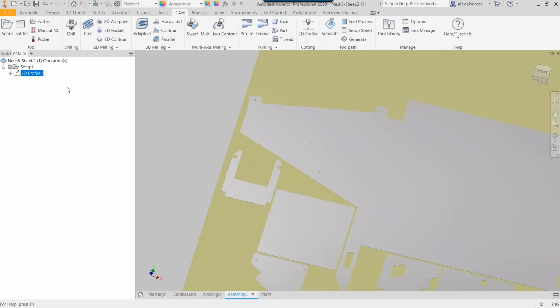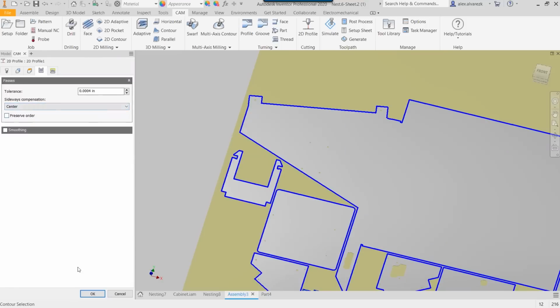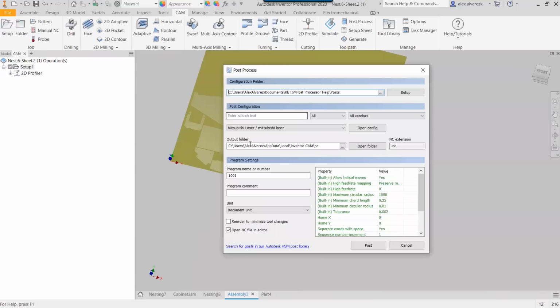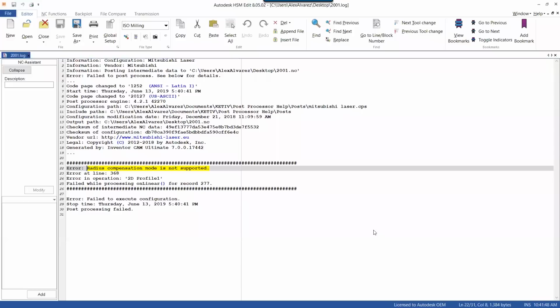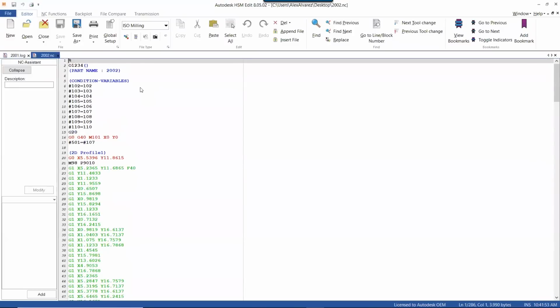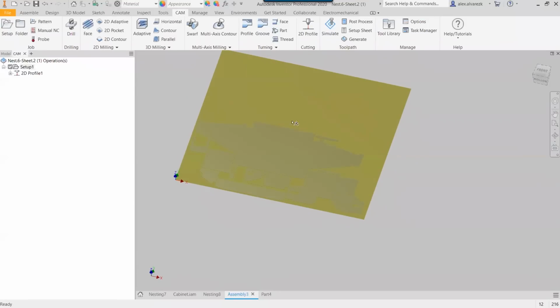So in this case, if we edit that 2D profile, and we go to the passes tab, change that to be the center compensation, regenerate that post or the code. And now it automatically generates that for us, right? So again, we just essentially created a nest and brought it into our Inventor HSM and automatically generated the code